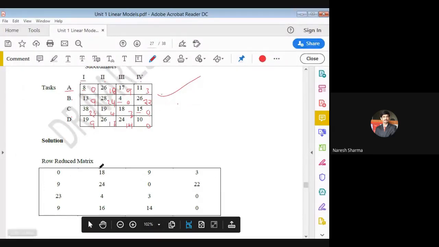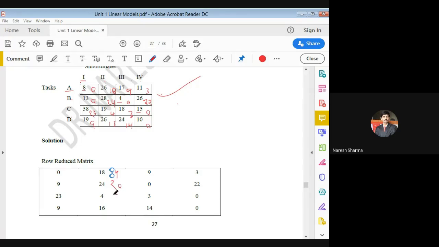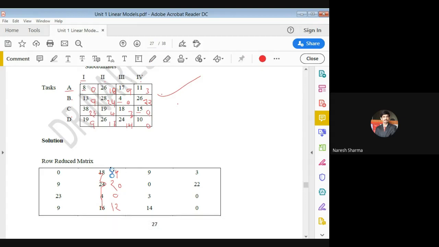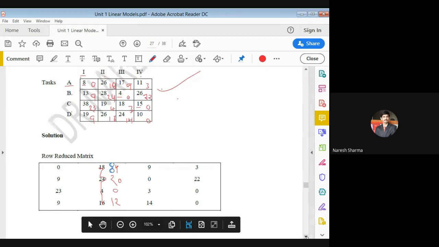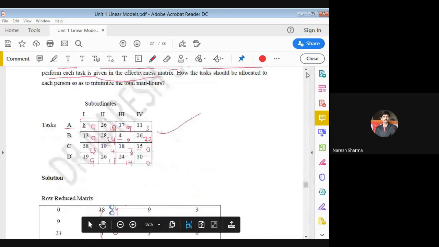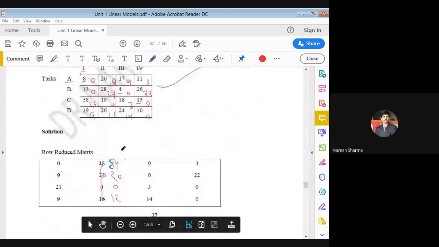So here 0, but here we have the 4. If we subtract, I write here the 14 and 20 and your 0 and your 12. So I just modified this here only. So now we have this column instead of this one, right? So this is 14 actually. So we get this matrix. After getting this matrix, this is called the modified matrix.